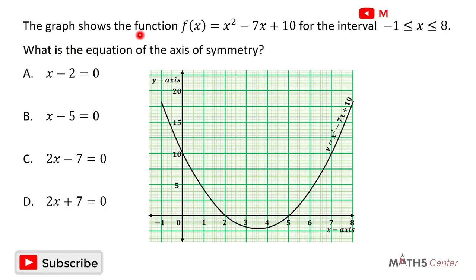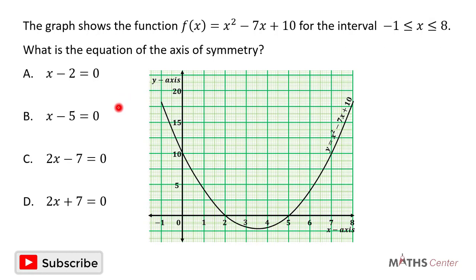The graph shows the function f of x is equal to x squared minus 7x plus 10 for the interval x is between -1 and 8. What is the equation of the axis of symmetry? This is a multiple choice question, and so we will solve the question, and then after that we will pick